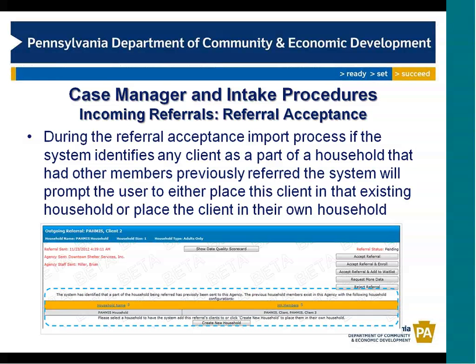Now you're coming over. Do you want to be put with that same household that you were with from your sending agency, or do you want to be put into a new household? So it kind of provides smart logic with that. If that comes up before the import process can finish, you'll get a little screen with a feature that shows all the households and the household members of the current households in the accepting agency that have the same members. And you can either select that household to add that client to it,